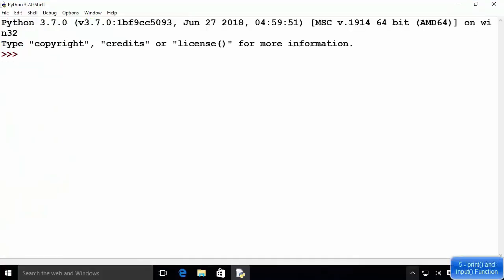In this video, we will see how to use print function in order to print output on the